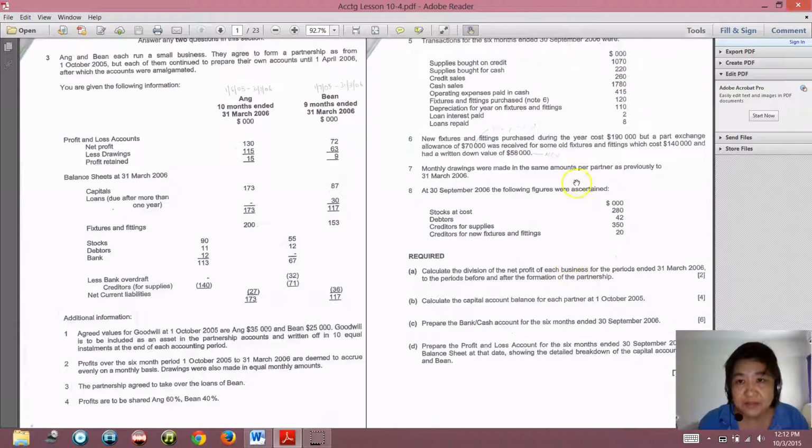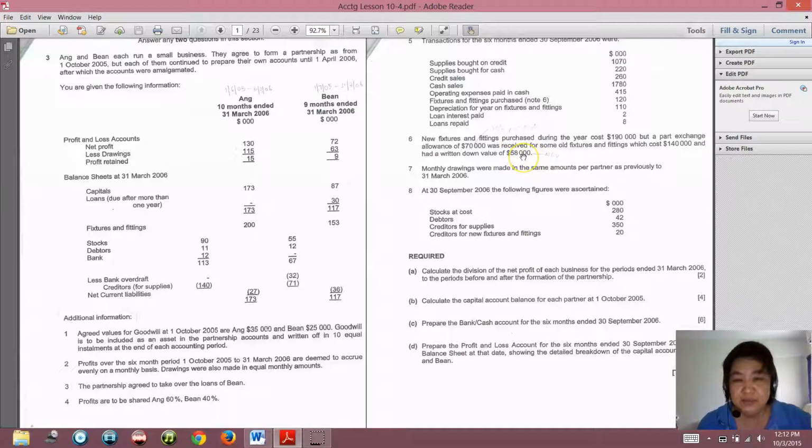Okay, plus what you bought, plus 190. This is what you bought. Okay, minus the net book value. This is the fixture and fittings at net book value. If it's just one figure in the balance sheet, this is the net book value of the fixture and fittings. Plus what you bought, 190, minus the net book value of the fixture and fittings that was